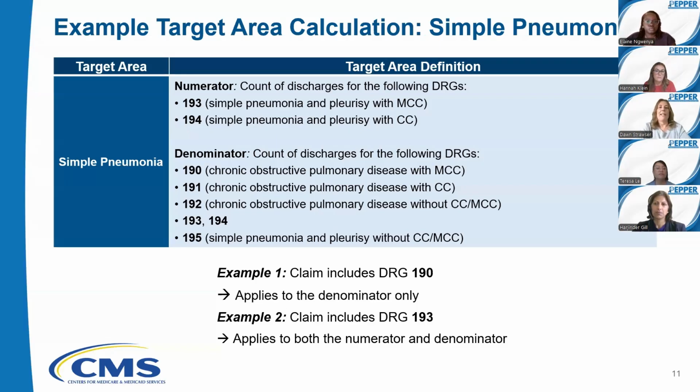So if the rate is 59.3%, what does that mean? So in looking at the numerator, you're looking at DRGs 193 and 194. And then you look at the denominator, which includes 190 through 195. So this is saying from your respiratory patients, pneumonia patients, that 59.3% are being